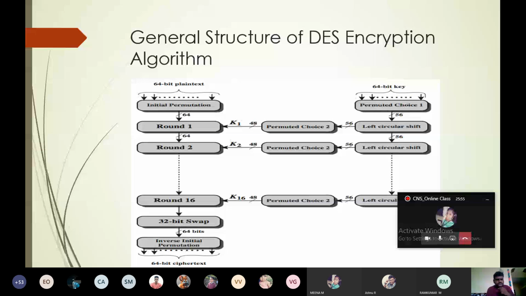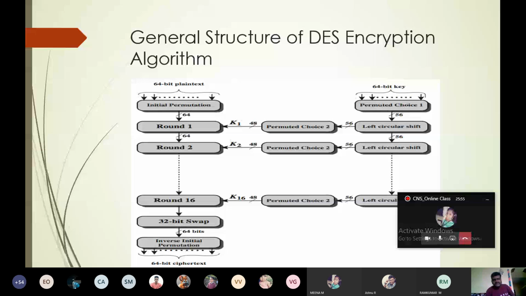You just imagine that the 56 bits are placed as a circle, 1 to 56 placed as a circle. I just do the left circular shift for that circle. Left circular shift means that circle will shift one position to the left. Now the data will be rearranged. Clear? After that left circular shift, the shifted data will be combined with the plain text. This happened here.